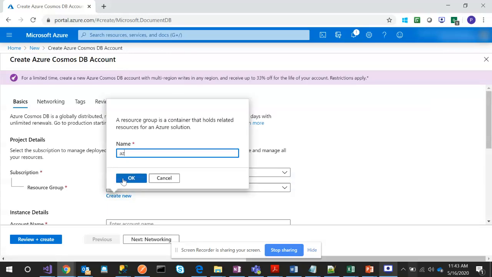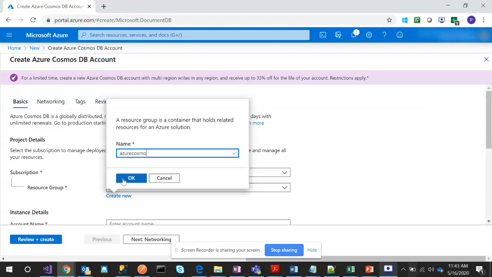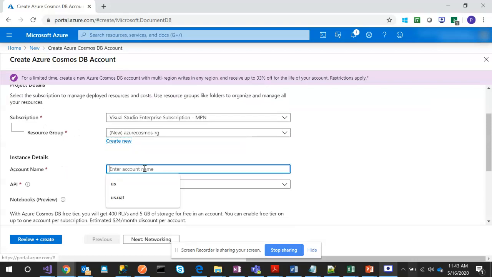I'll just name it Azure Cosmos RG. Then I'll need to provide an account name. Okay, Piyush Cosmos. This account name should be globally unique. So I'm lucky that this was not taken.